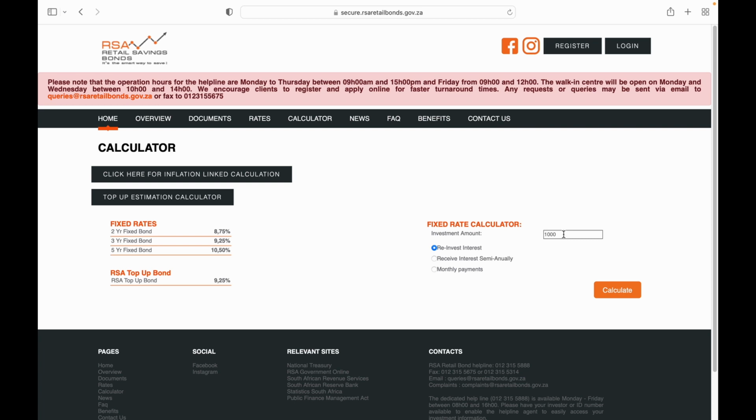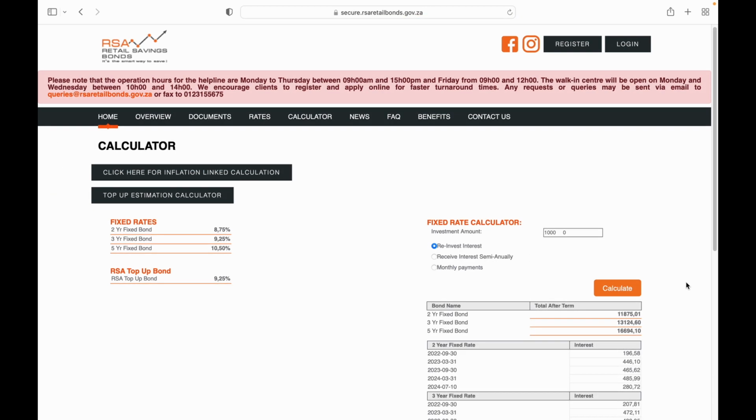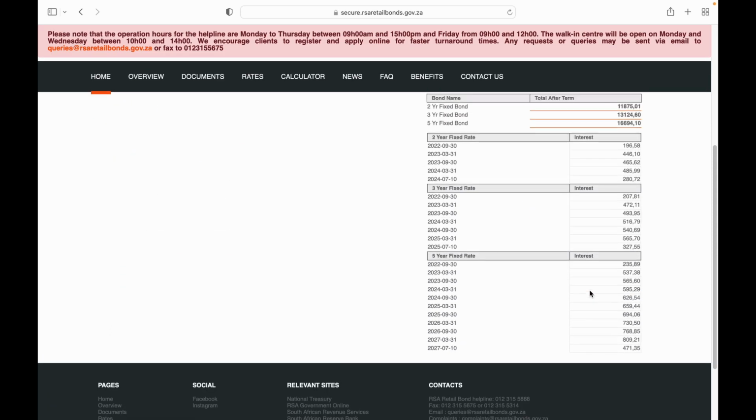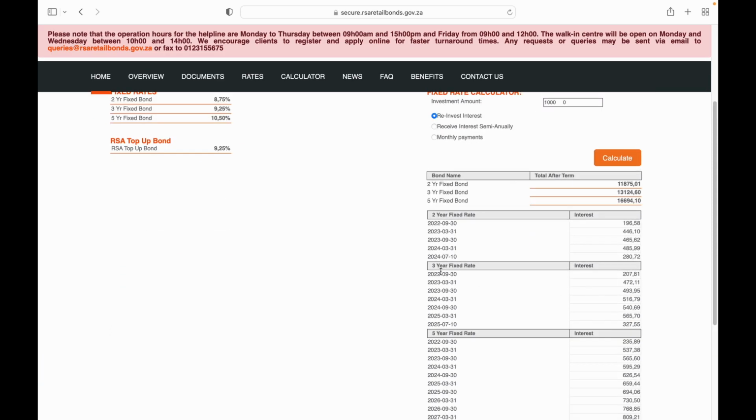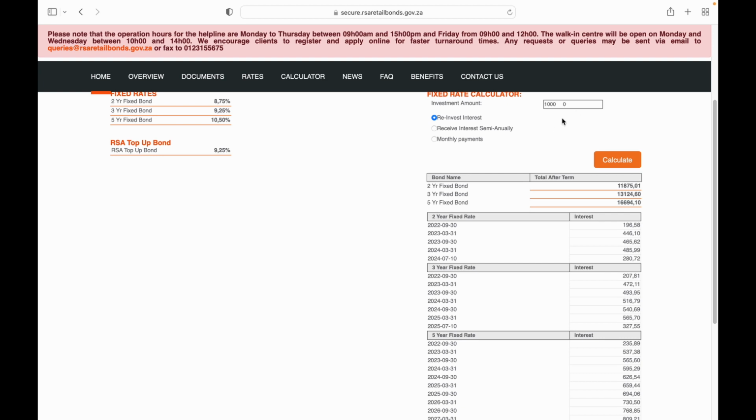For the purpose of this exercise, we're going to change it to 10,000 rand, and then we're going to estimate to see how much you can get back if you invest 10,000 rand into these bonds. Remember, this is just based on portfolio allocation. 10,000 is just a theoretical value, depending on how you want to structure your investment. By that, I'm talking about how much portion of your investment you want to be in bonds, real estate, property, shares, and everything that you can invest in. But I'm just using a figure of 10,000 rand.